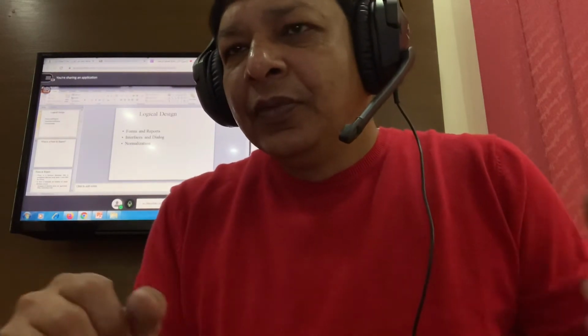For example, text box, label box, check box, command button, option box. So drag and drop. So that's a form. Technically, for example, a NetBeans form, a Visual Studio form. So we can drag and drop in a visual environment. We have an environment, it's called IDE. Very good. Integrated development environment in which we have ready-made components available.